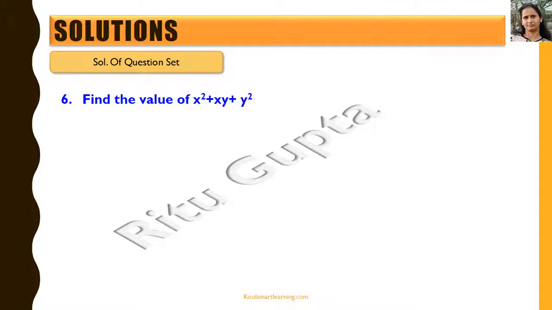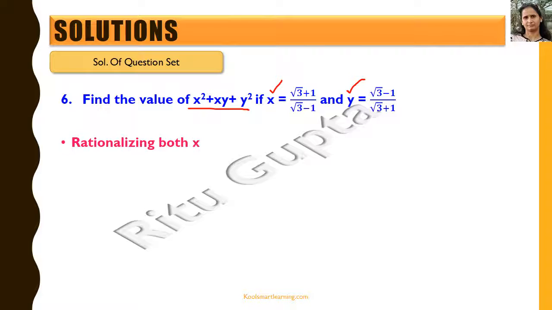Now let's look at the last question. So we need to find the value of x square plus xy plus y square if the value of x is given to be root 3 plus 1 by root 3 minus 1, and the value of y is given to be root 3 minus 1 divided by root 3 plus 1. So we'll first rationalize both x and y, and we get,